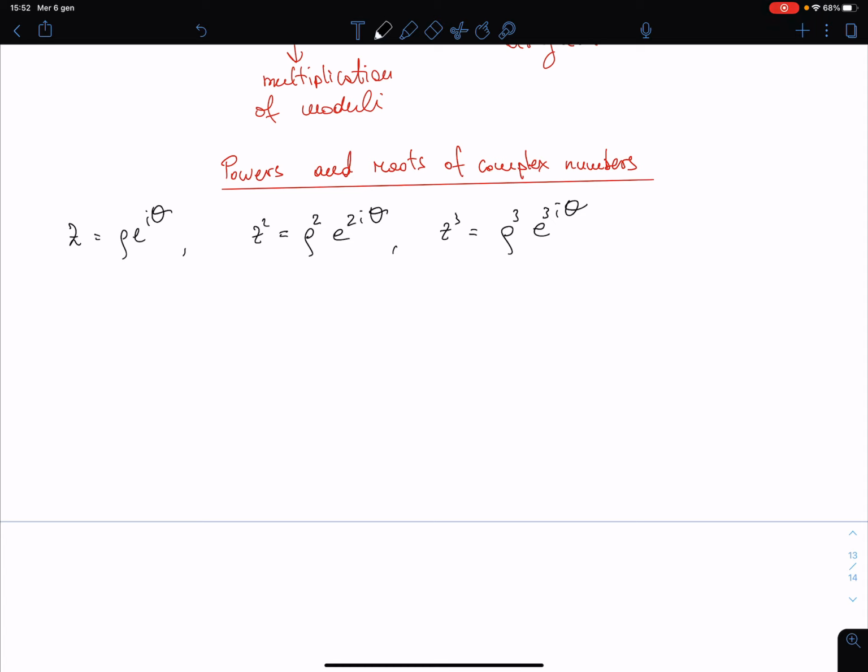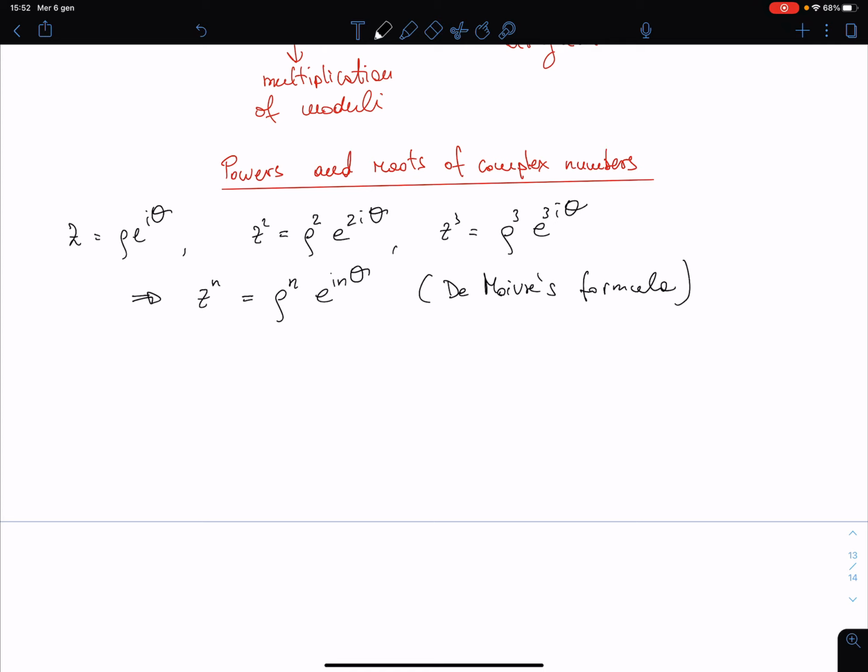Okay, so z to the power n is equal to rho to the power n e to the i n theta. Okay, and of course this is well known as the Moivre formula,